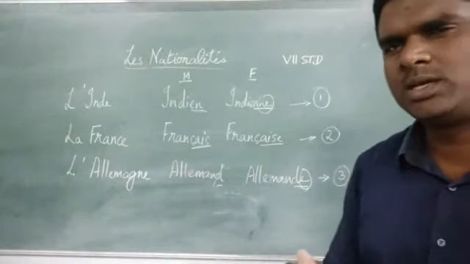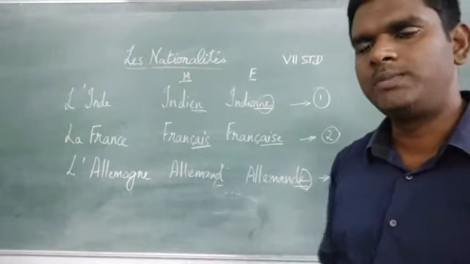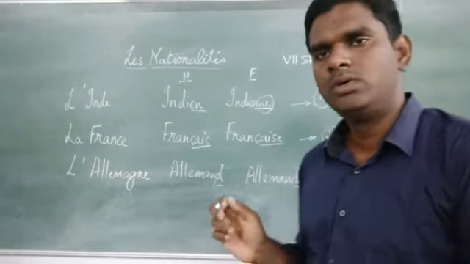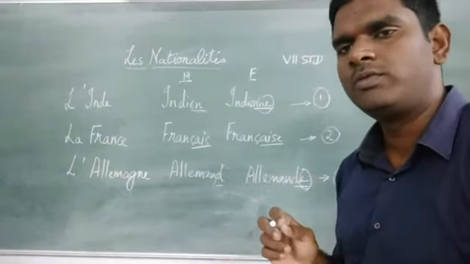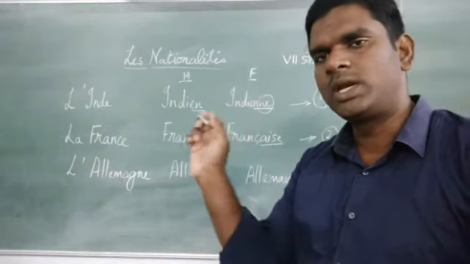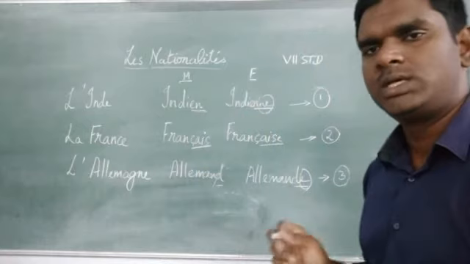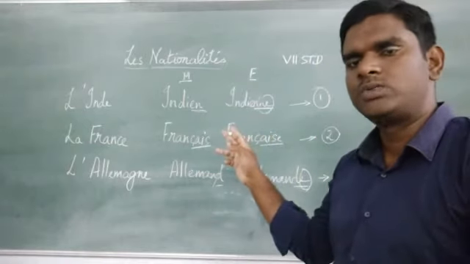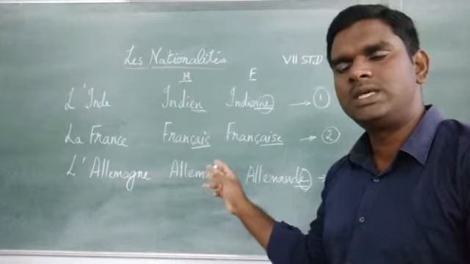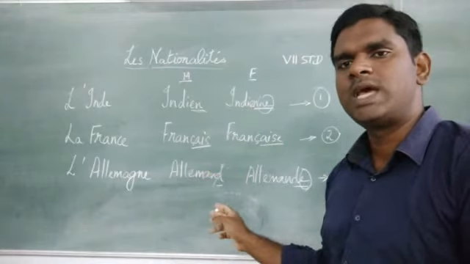So why, sir, are type 1, type 2 and type 3 important? Sir, if you know the ending, you will be able to solve it. For example, you will correct the particular answer and choose it correctly. So that is the reason. First one is the NE ending, second one is AIS, AISE, and third one is just adding an E.